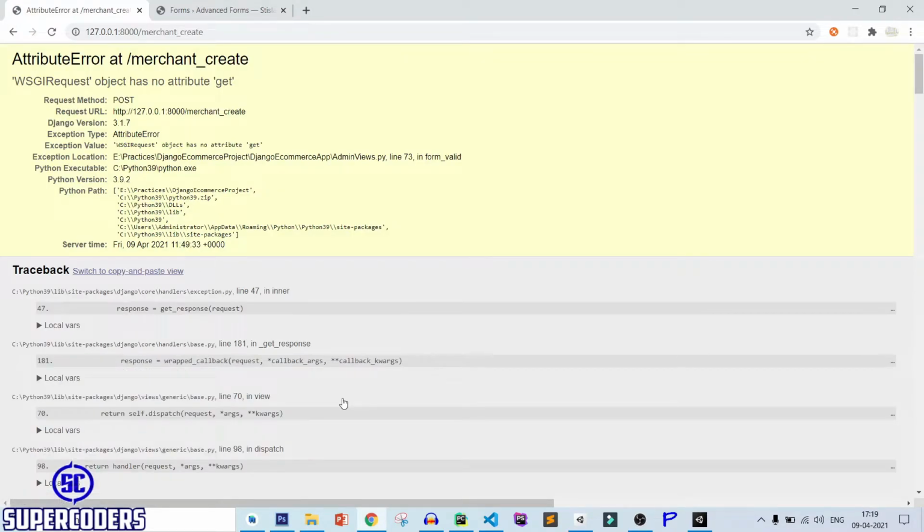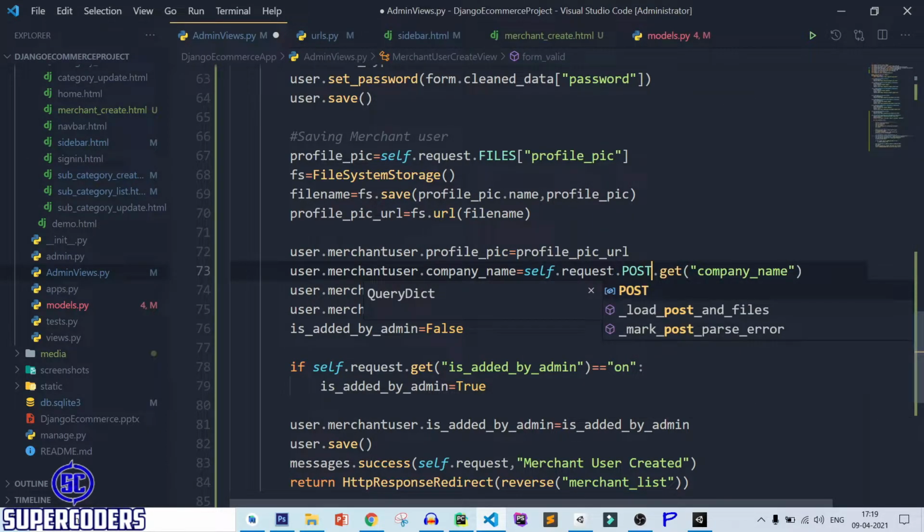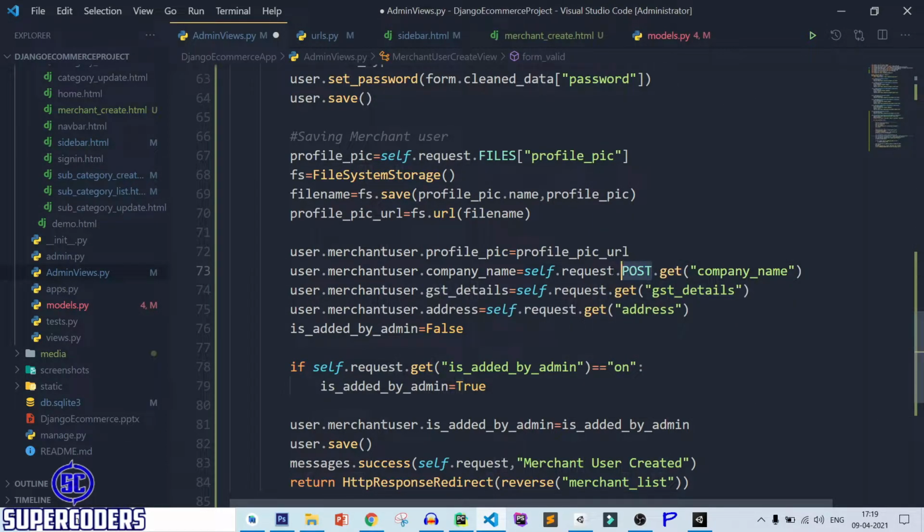And you can see it is saved but showing some error on line number 73. Okay, here is the error. It should be post.get. Save it. Come to Chrome.